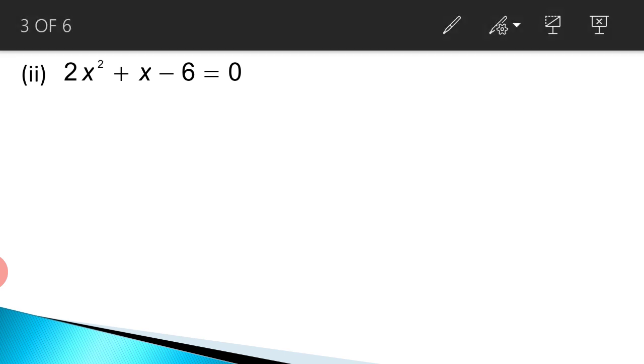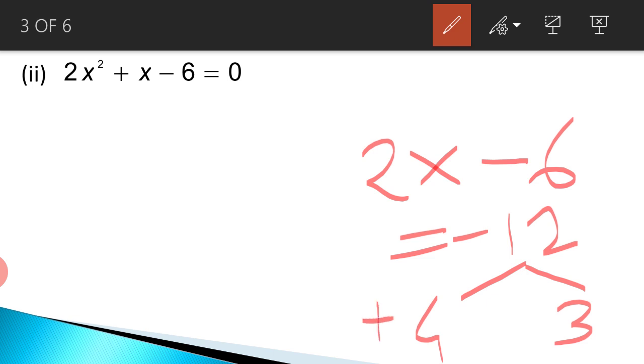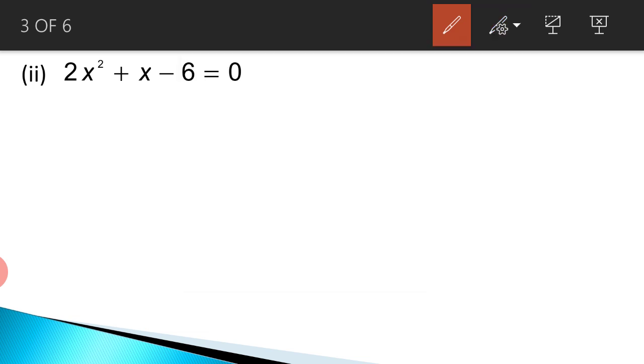Now here the coefficient of x square is 2 and the last term is minus 6. So again you are getting minus 12. Again one factor will be positive, one will be negative. So at difference you need to see, and the coefficient of the middle term is 1. So difference should be 1. So easily you can find out 4 threes are 12. As the middle term is positive, plus will be assigned to the bigger number and the smaller factor will be negative. So accordingly we can now split up the terms.